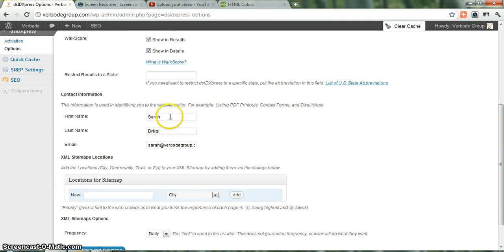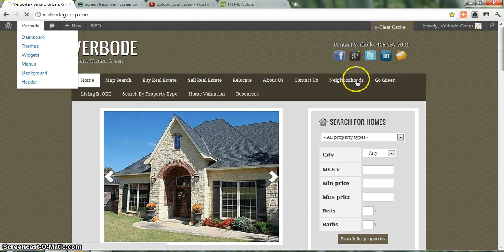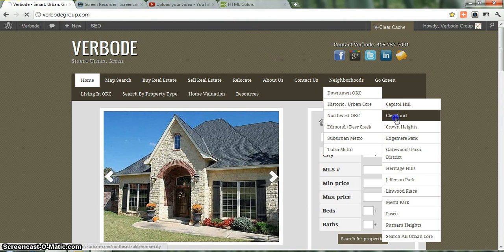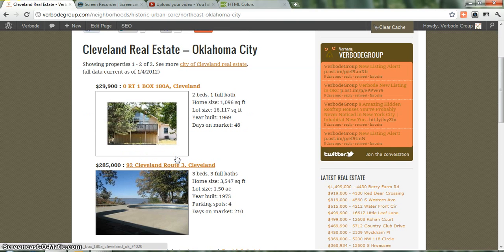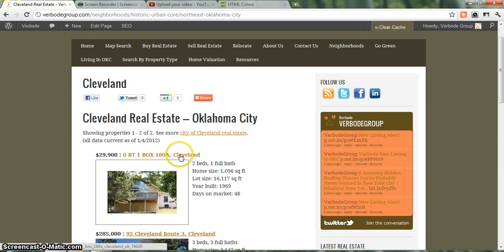Right now, obviously, Sarah, you're going to be the one who gets contacted if somebody's interested in a listing that you see on the front end and clicks on contact. I'll go to the front end of the site, and if we go to neighborhoods, we go to Cleveland. So if I'm interested in this home right here, I'm not even sure what that address means. Route 1, 180A. I don't. That's a new one. We don't have a lot of addresses that look like that in Chicago, but if I was interested in this listing and I click it,